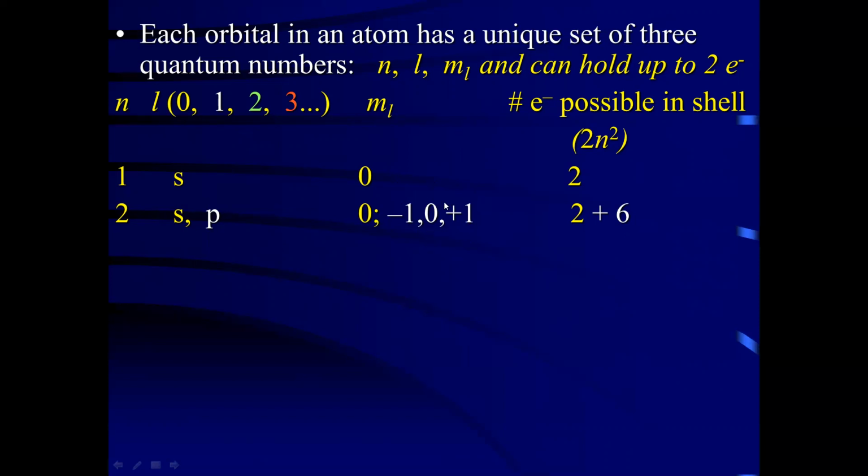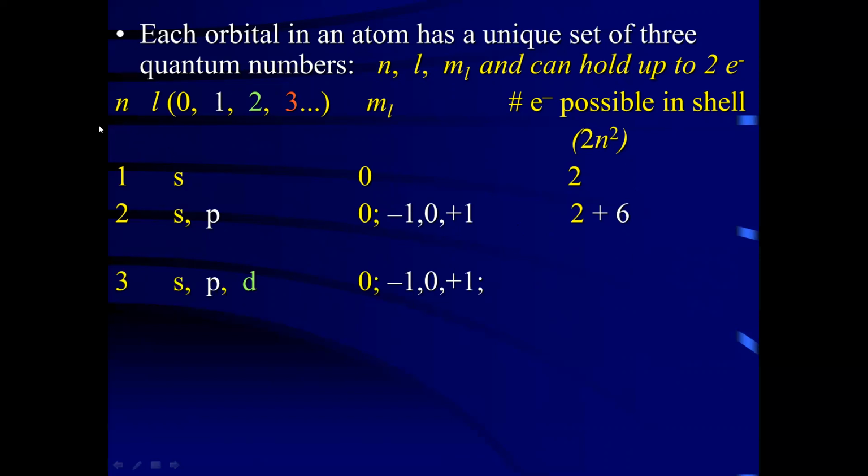let's look at the p subshell. We have 3 values of this quantum number. That means 3 orbitals, and each one can hold 2 electrons. So the maximum this p subshell can hold is 6 electrons, 3 times 2 equals 6. And so